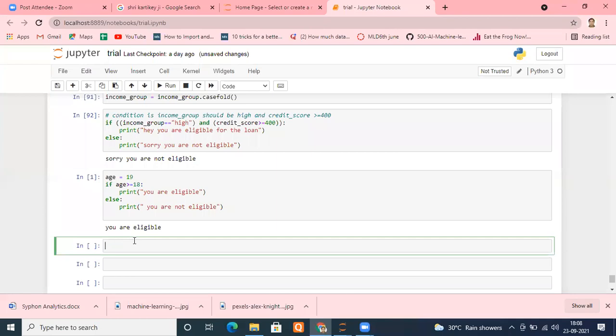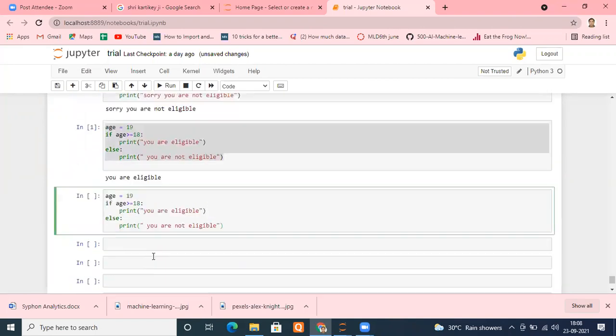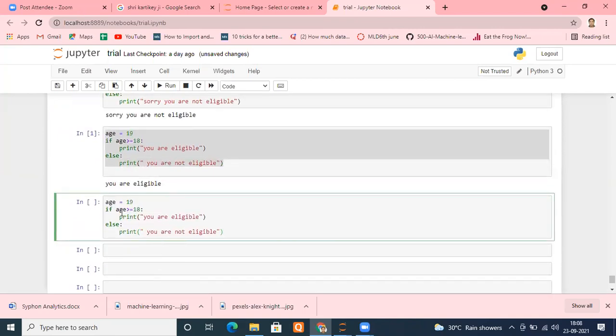One other way to do the same thing, a smarter way. Let me show you. Same thing we will do, and then we will further simplify. Instead of printing here, I take a variable message.